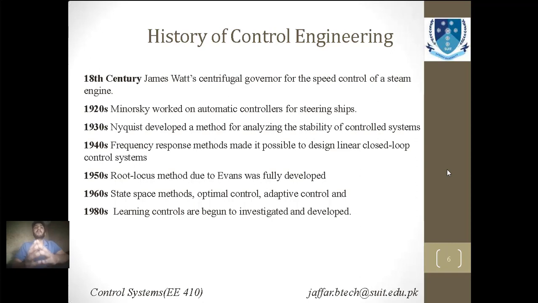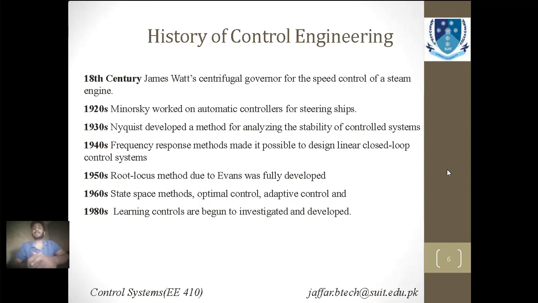And in 1930, a major landmark occurred when Nyquist developed a standard, or you can say a criterion, that measured the stability of a system. So that was a landmark, and we will be studying how Nyquist investigated the stability of a control system. We will be studying that in this course as well. In 1950, another method to analyze the stability of a system was developed, and this is known as the root locus method, and we will study that too in our course.